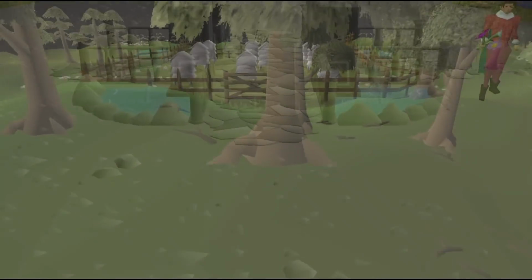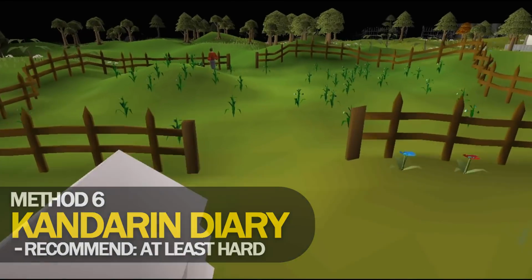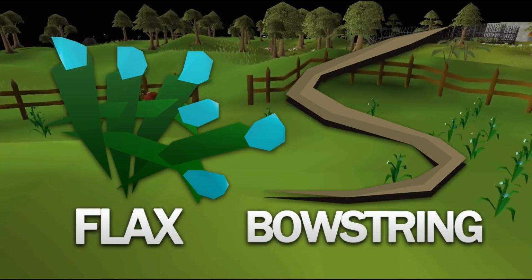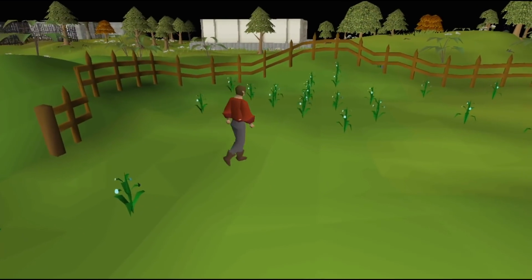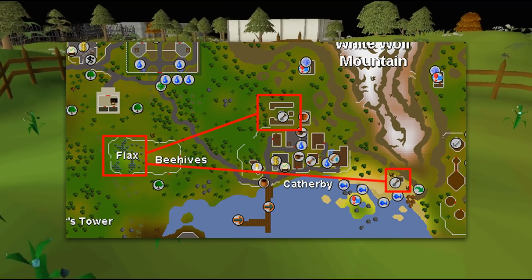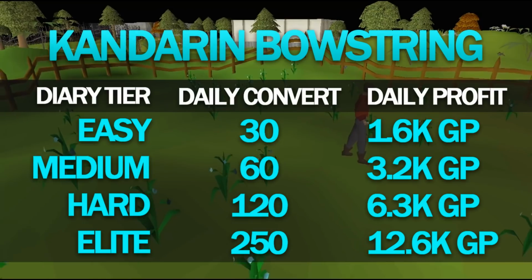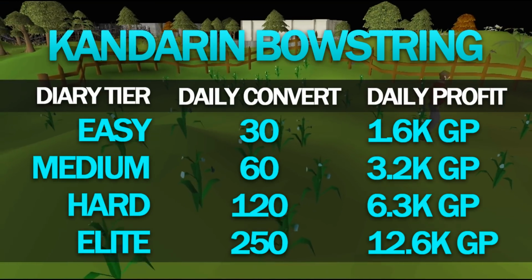Next up is the Kandarin diary, and on the daily you can exchange noted flax for noted bowstring, getting about 50 GP profit per one. The person you need to talk to is located in the flax fields, which is decently close to the fruit tree patch and herb patch at Catherby. The hard and elite perk is comparable to another herb patch in a herb run. Another huge perk of the elite